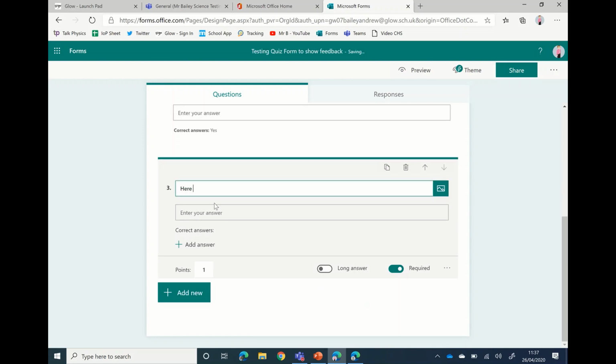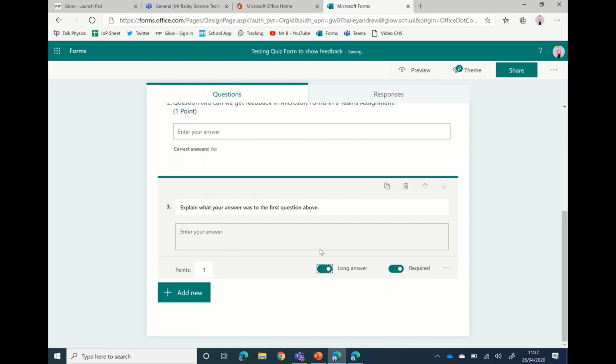I'm going to say explain what your answer was to the first question above. Okay, so we can have an explanation question there, and we could say that's going to be a longer question because of that. Okay, so that is one of the things that we can do, and to get a pupil to do that,